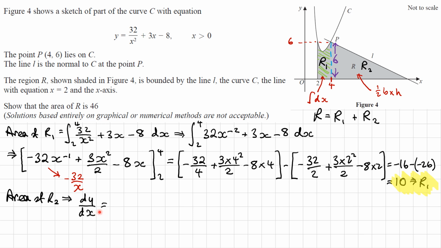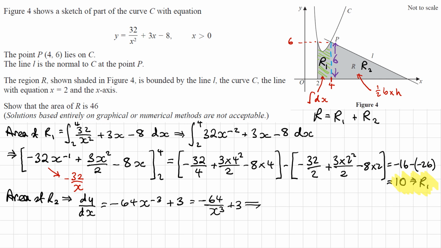So let's start by finding dy/dx. Let's differentiate this. I've got it written in this form, so I'll use this here. Remember, when we differentiate, what we do is multiply by the power and then subtract 1 from the power. So 32 times negative 2 will give me negative 64 x, subtract 1 from the power, that will be negative 3. Then 3x will just become 3. Now I can write that as negative 64 over x cubed plus 3,